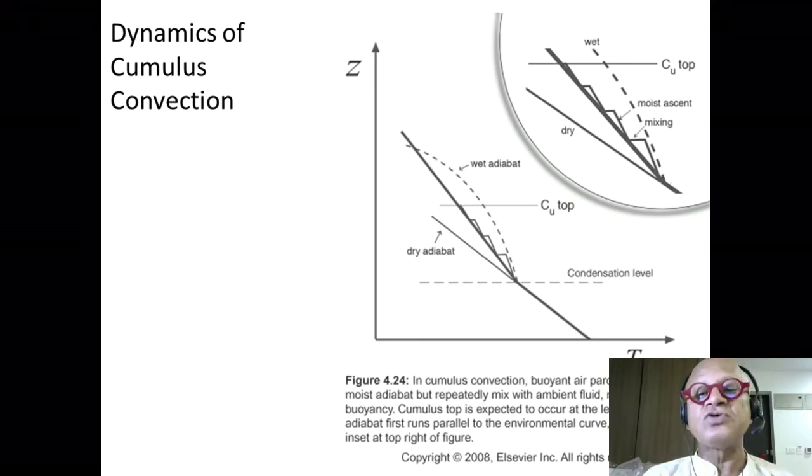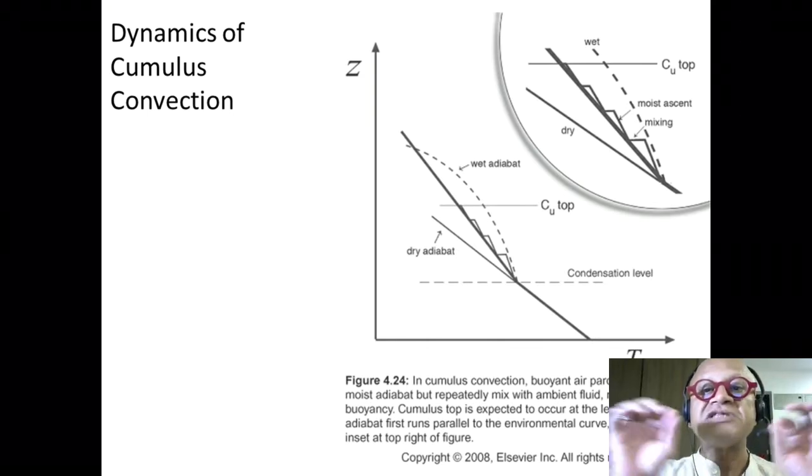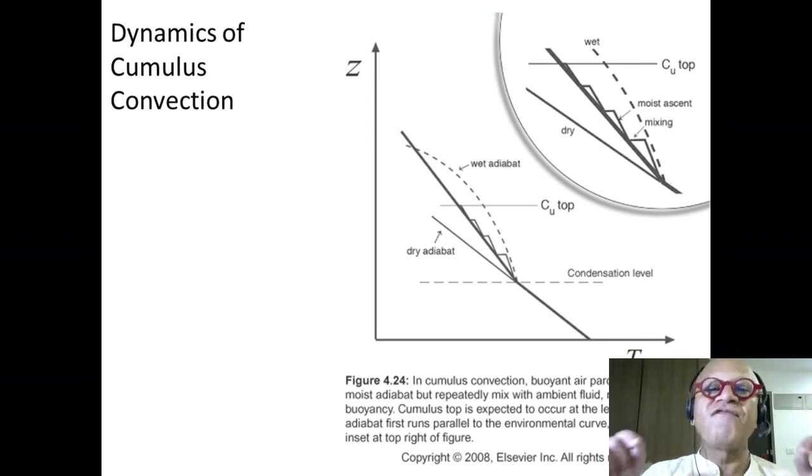Above that, it begins to follow the wet adiabat, but it's constantly mixing. So now we are getting a little bit away from the simple arguments we made before about adiabatic processes. We said the parcel moves so fast relative to the environmental motions that it doesn't mix much heat with the environment. But the convections, whether it's cumulus or cumulonimbus, can be so vigorous that actually they create a local recirculation,